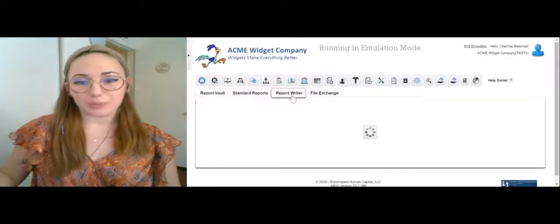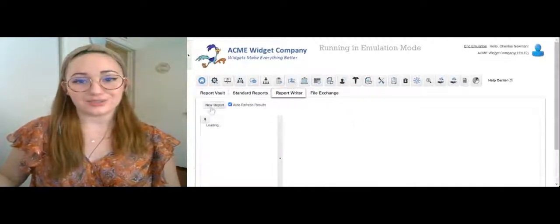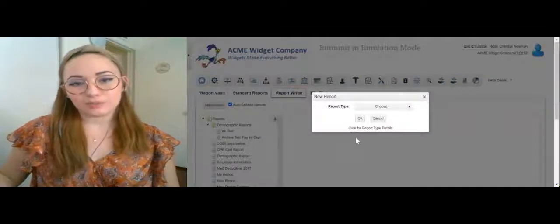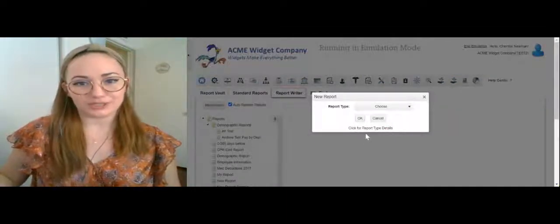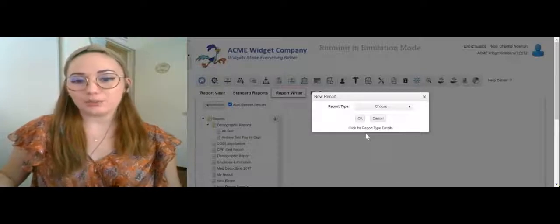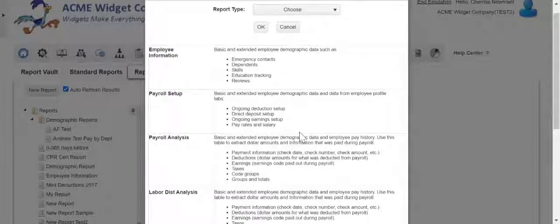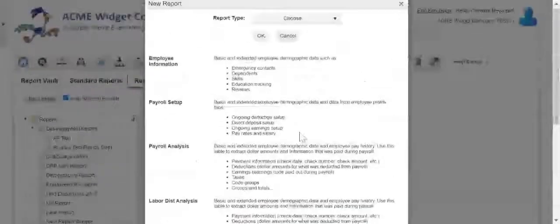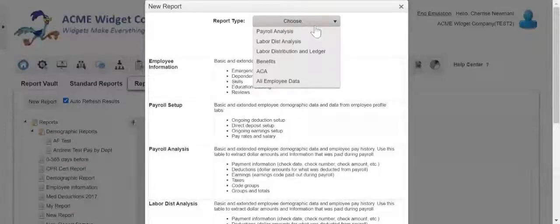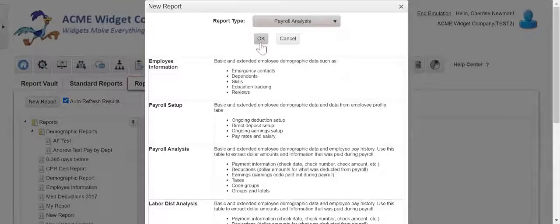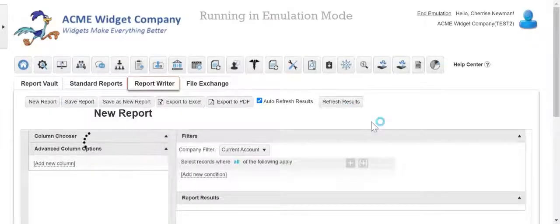So we'll click on the Report Writer tab at the top of the page, and then click the button that says New Report. At this point in time, it's important to consider what type of information you need in your report. Your report type will select which type of data you can run. So if you need a refresher, just click to view report type details, and you can review all of the report types and the information that's included with each one. For the purposes of this demo, I'm going to go ahead and select a payroll analysis report and then click